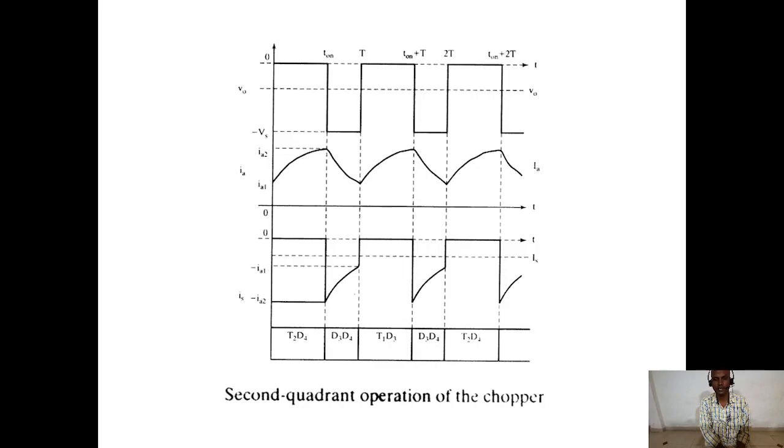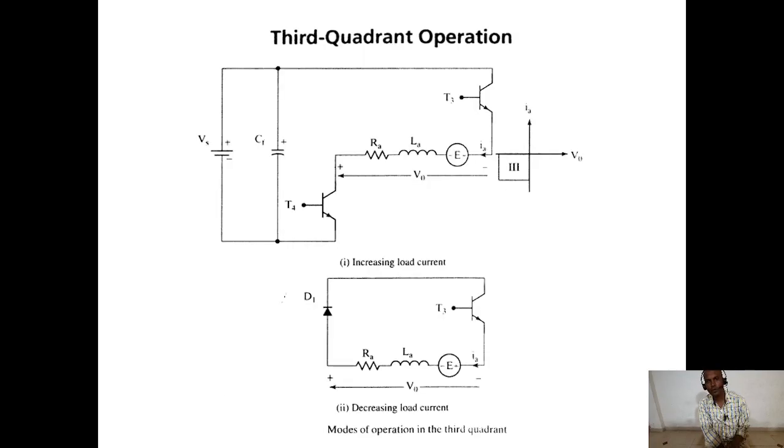And similarly, for the next sequential operation, T1 and D3 are in the on state, in triggering mode, and the off state is common, D3 and D4, in the on state. So similarly, the curve continues for the remaining time periods. And this is the third coordinate operation model in the 4 coordinate operation,